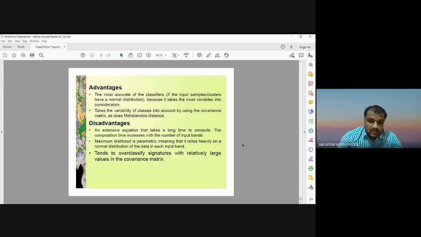So this is all about the supervised classification methods, and how we can perform supervised classification of satellite images to get thematic information of different classes, whether we are talking about urban area, non-urban area, forest land, water bodies, and so on. In the next class, we will discuss unsupervised classification methods, and we will see how the unsupervised classification method works for classifying satellite images.